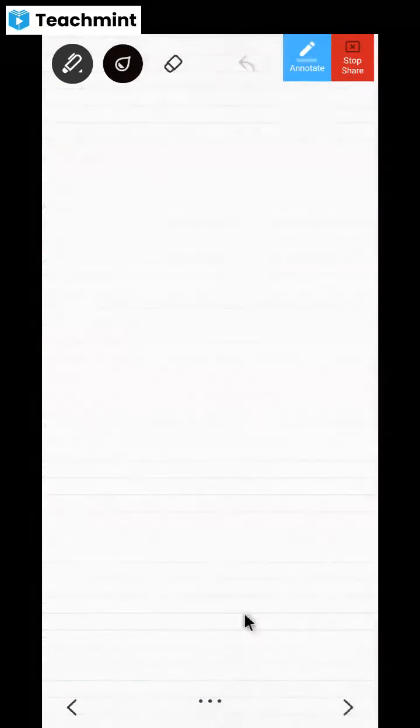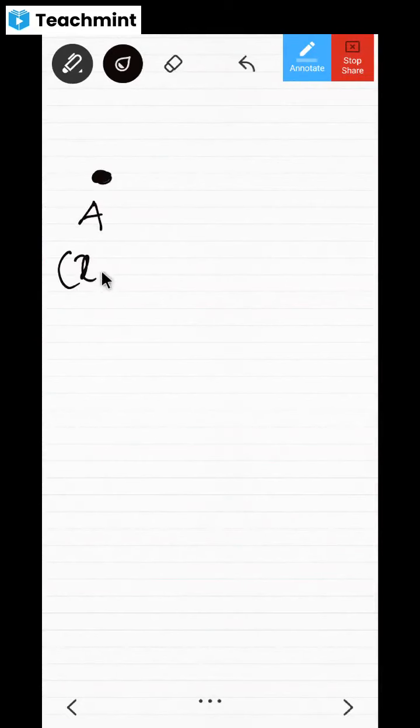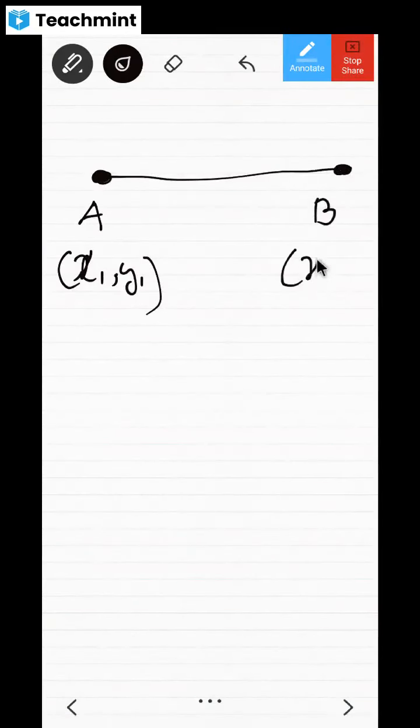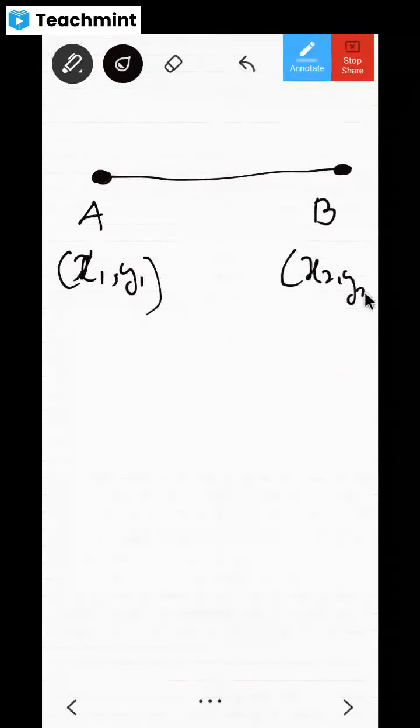Now look at this. Look at the section formula, what it says. Now here there is one point. For example, here is one point, and this is point A. This must have some coordinates. Let me call these coordinates x1, y1. Is it clear? Yes, sir. Okay. Now I'm going to have another point here, B. This point B will also have some coordinates, x2, y2.